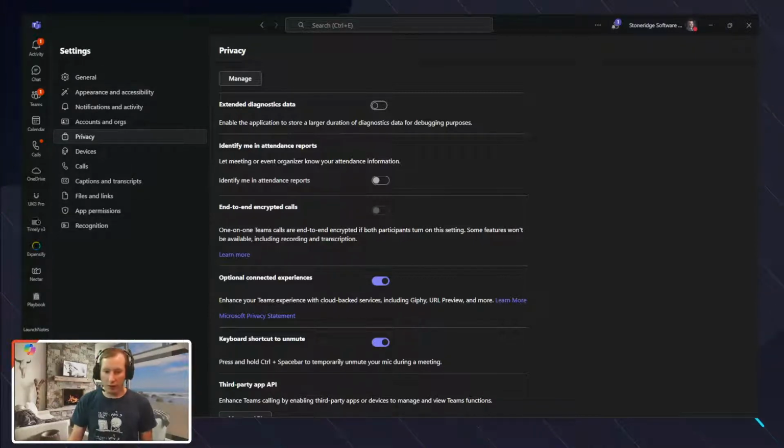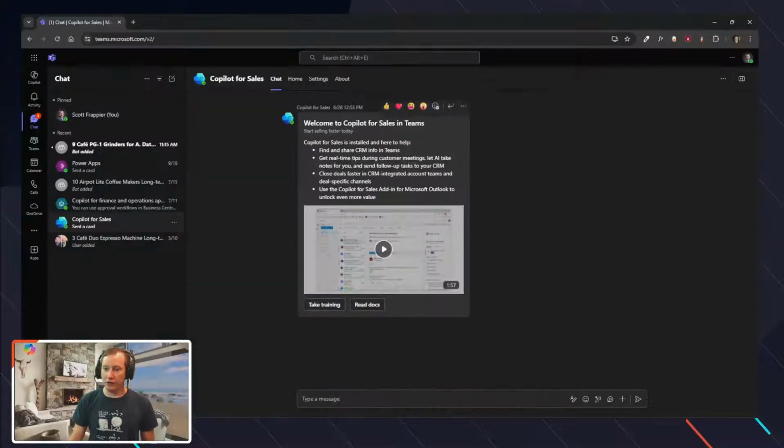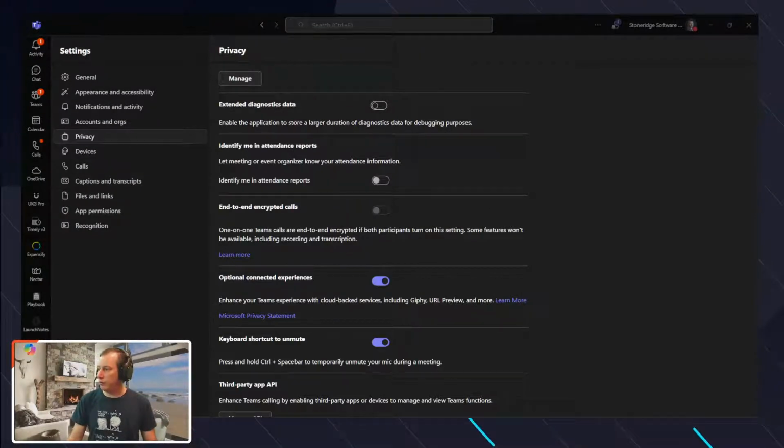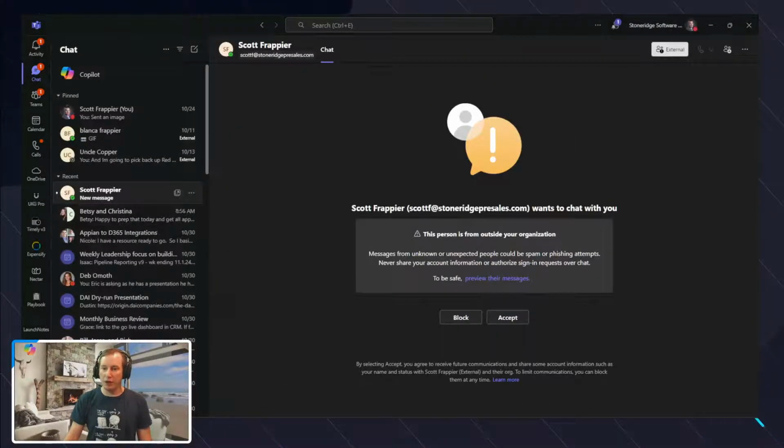Now, the other one that I want to go through really quickly here, let's start a chat here. And in the background, what I'm going to do is start a new chat with Scott F at stoneridgesoftware.com. And then I'm going to do a test and try sending that along and see if we can get to that particular user, which is an external user that I'm going to be texting from my other area. So in that situation, what we can see really quickly, you can't see the notification bar that popped up, but you can see I've got this new chat that came from Scott Frappier, which is Scott F at stoneridgepresales.com, which is one of our pre-sales environments.